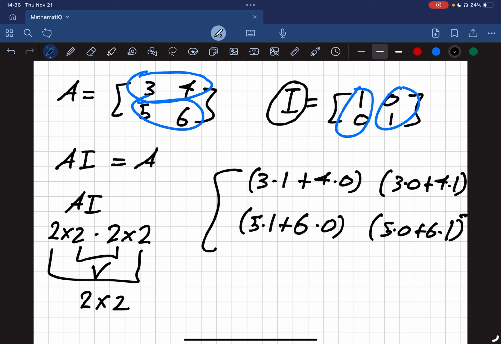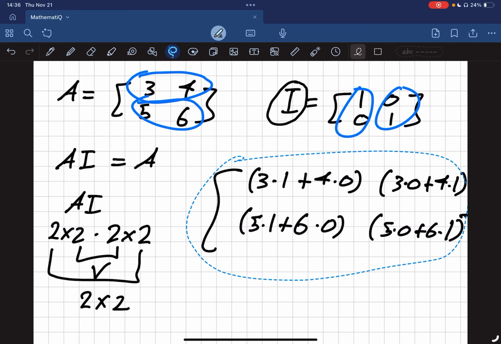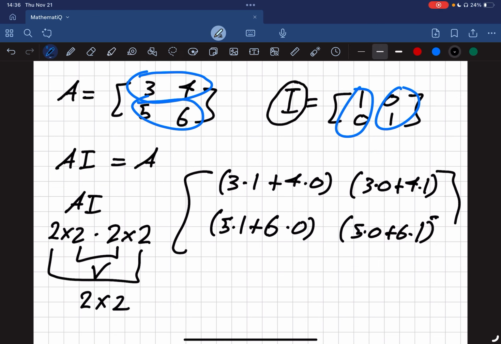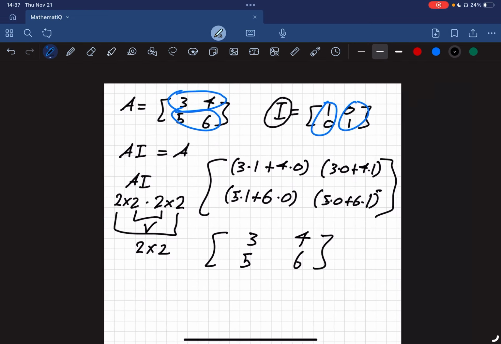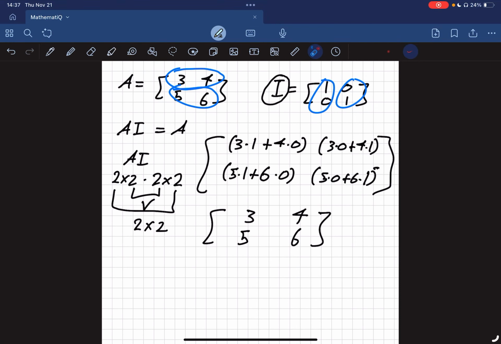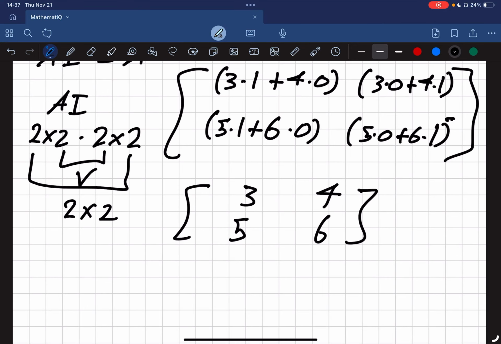Sorry, I kind of crammed this into the corner. Just bring this right here. And then you're left with 3, 4, 5, 6, which if we look at the original, is the same matrix. And then if we try to do IA,